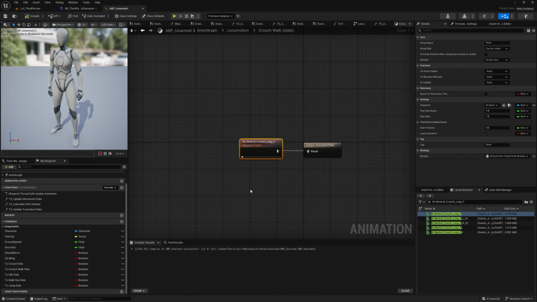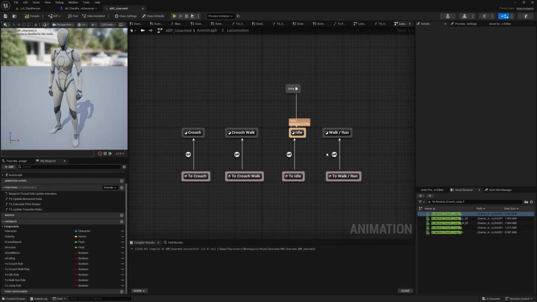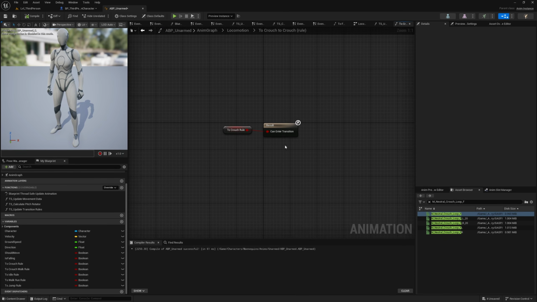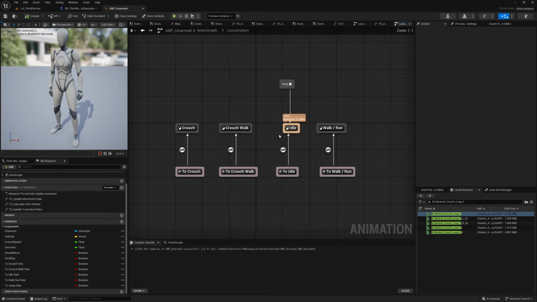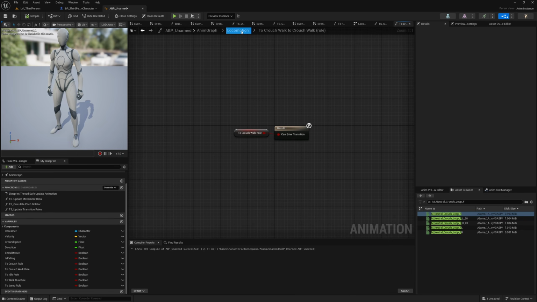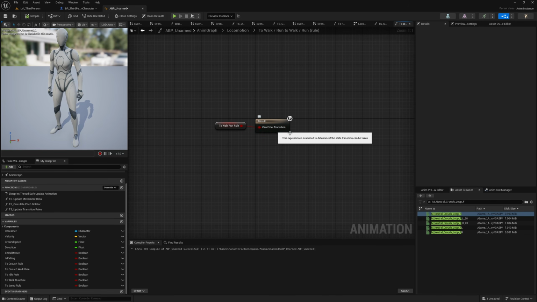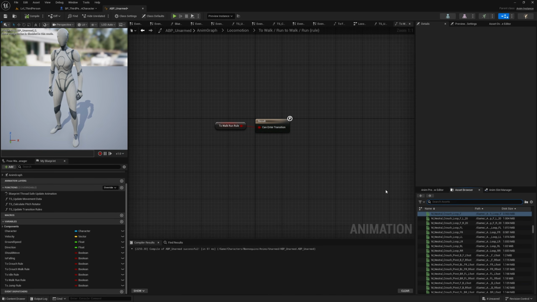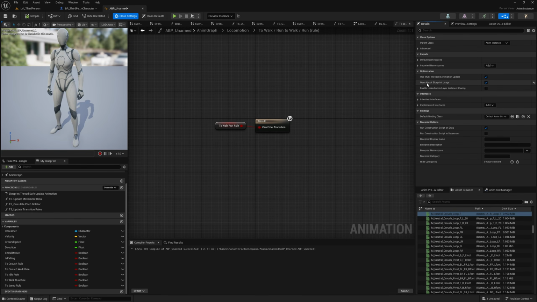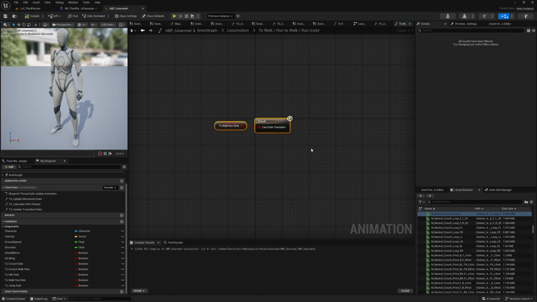And if we head into our animation blueprint and we go into all of these transitions, we should see that little lightning bolt there to denote that fast path is enabled. Fast path, fast path, fast path. Very, very nice. And now that you've got that warning checked in the class defaults, anytime something is trying to use blueprints to access data, it will warn you so that you can